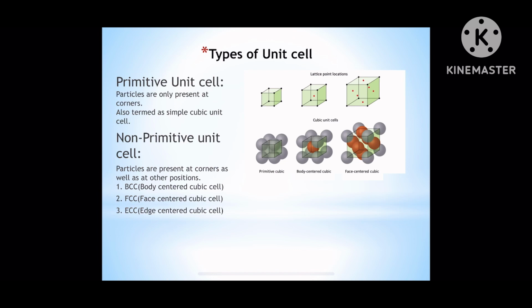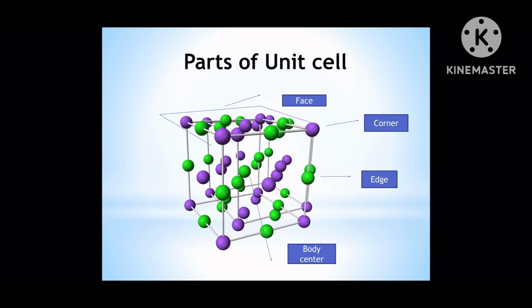If the particle is present at the corner and also at some other points, like at the center of the cube, at the faces of the cube, or at each edge of the cube, it is non-primitive. Now you can see diagram 2, which is BCC, body centered cubic unit cell, in which particles are present at the corners and also at the center of the cube, whereas in FCC, face centered cubic unit cell, particles are present at the corners and also at each face of the cube, whereas in ECC, which is termed as edge